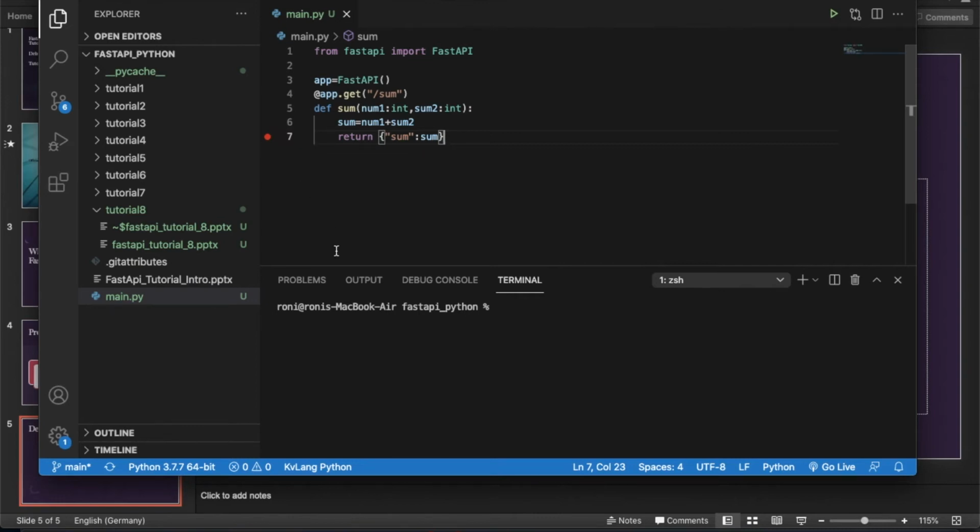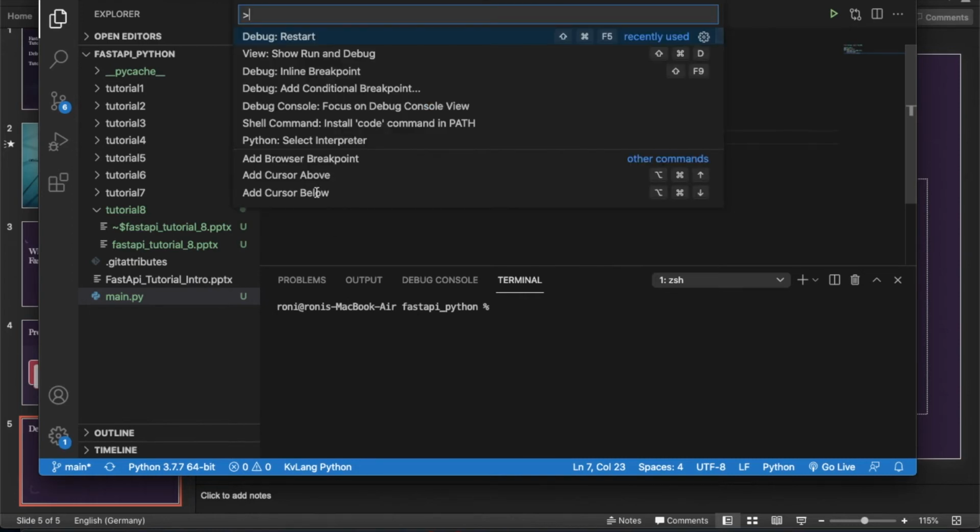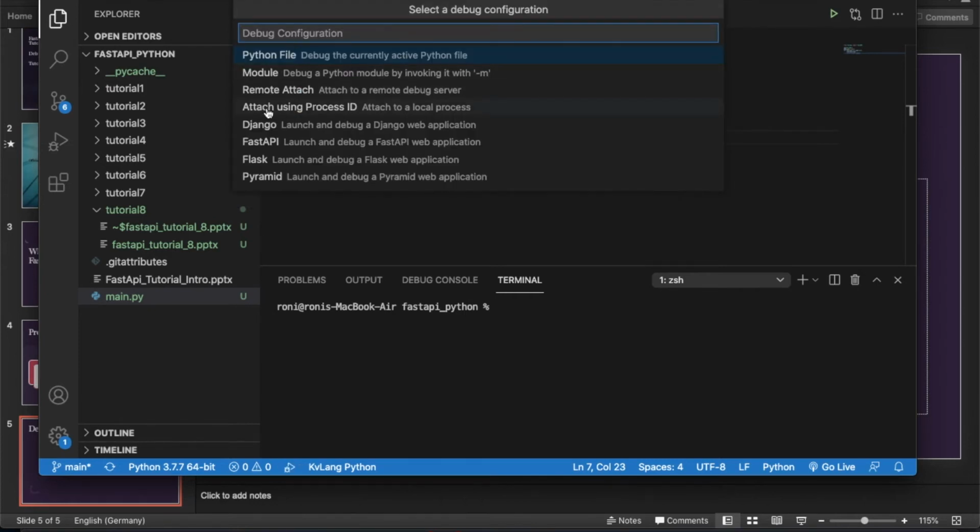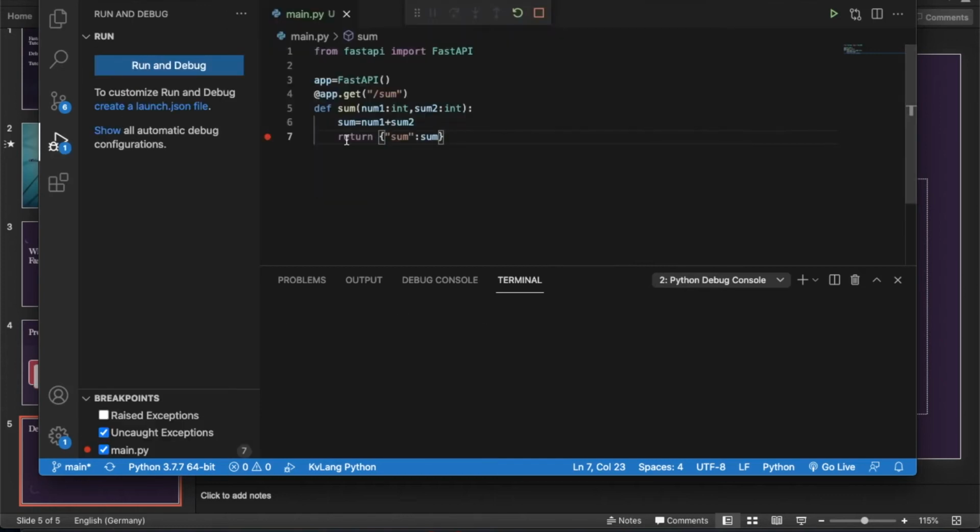Once the breakpoint has been added, you have to hit Command Shift P if you are on Mac, and if you are on Windows, then it will be Control Shift P. Then a pop-up will open, and you have to hit on debug restart, or you have to click. Then this will again pop up this window. Here you have to select the FastAPI framework, I believe. Yes, launch FastAPI, debug FastAPI application. Okay, once you select that,